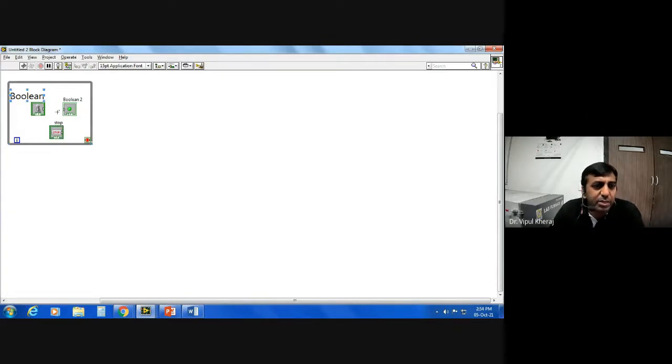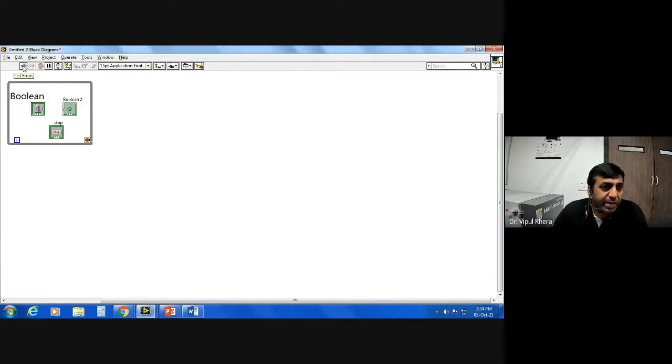See, these two wires not being connected is fine. If I decide not to connect these two wires, it is perfectly fine. But a loop without the control to stop is something wrong, right? I mean, this is not allowed in a program. So this will be indicated by a broken arrow here. It says that there is an essential error in the program, and the program cannot be run at all.